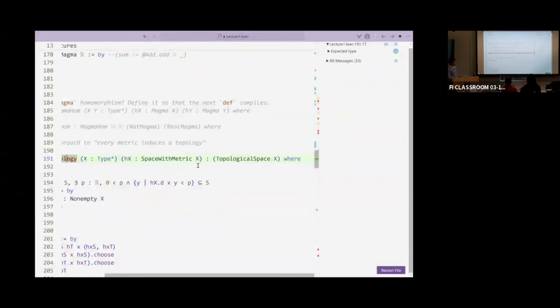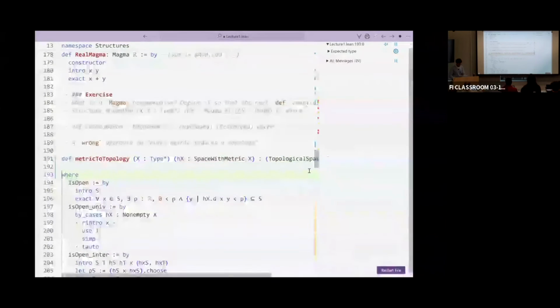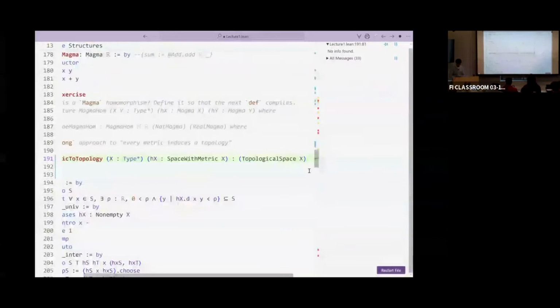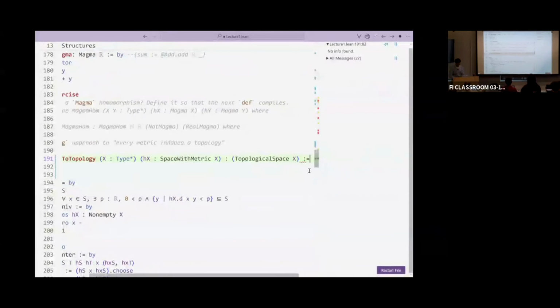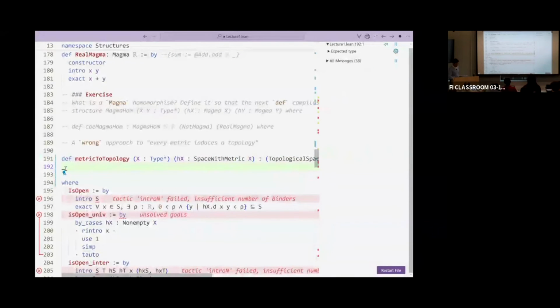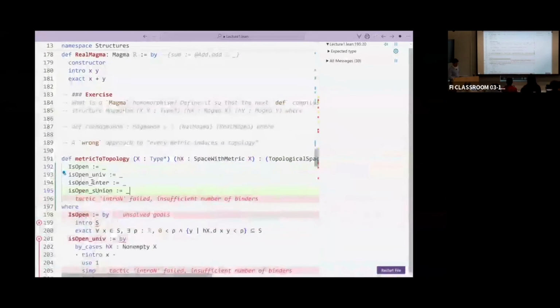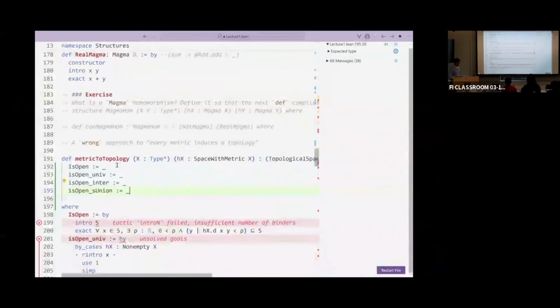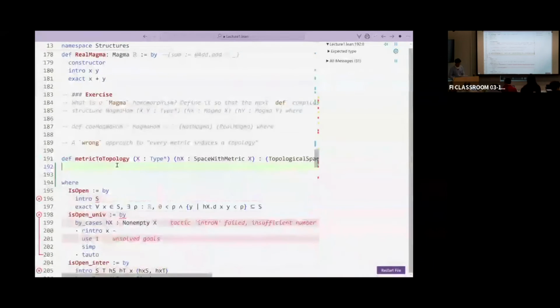And as you've seen the other day, you put your underscore, you wait a second, and then Lean tells you that to define a topological space structure, you have to provide the collection of opens and the 3 properties satisfied by this. Okay, and so this is what I did yesterday, and so here we are.